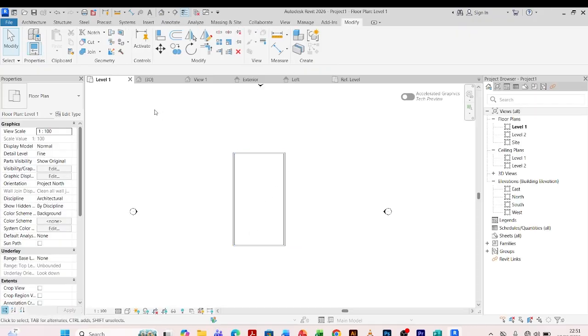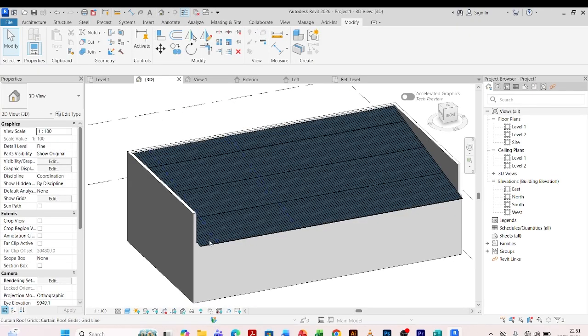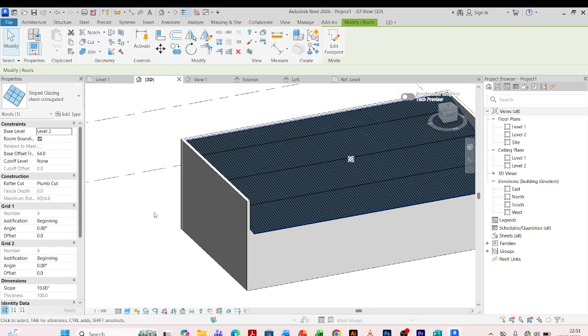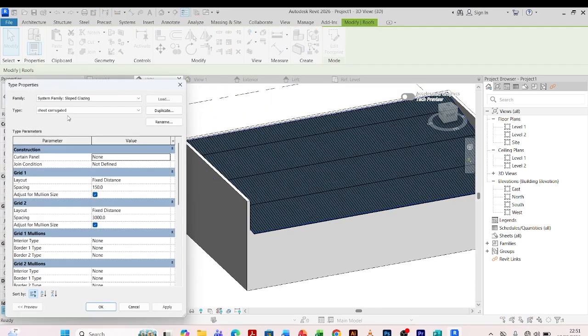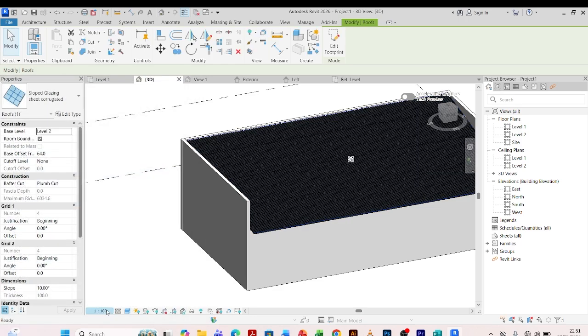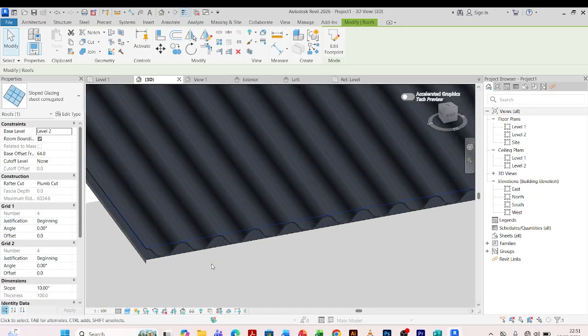It is already there. So I can come under 3D. I select my sloped glazing sheet. Then I come and edit type. Where there is curtain panel still under construction, I'll simply change this to Family 1. Yeah, we didn't save it and give it a name, but it is this one, Family 1. Simply put on that, apply, then say OK. So when you zoom in closely,